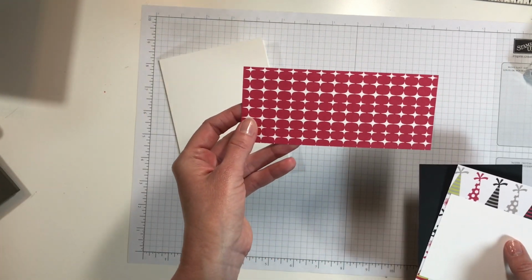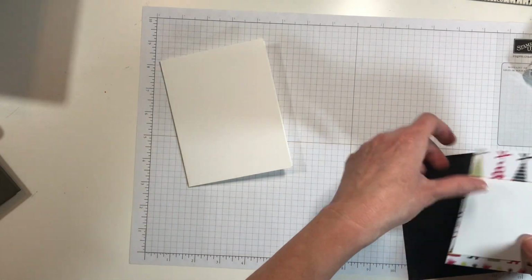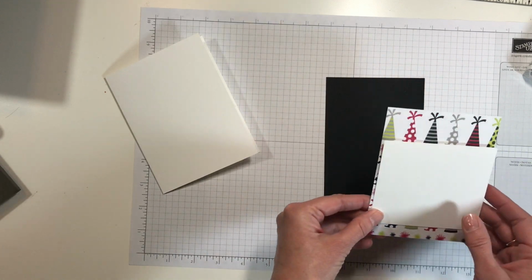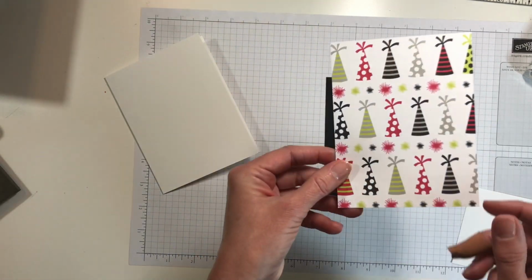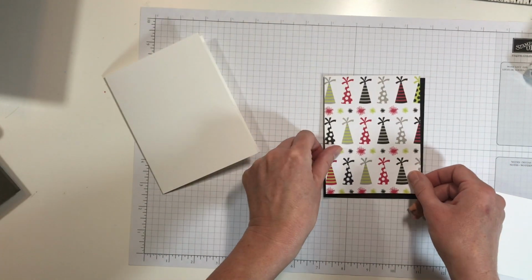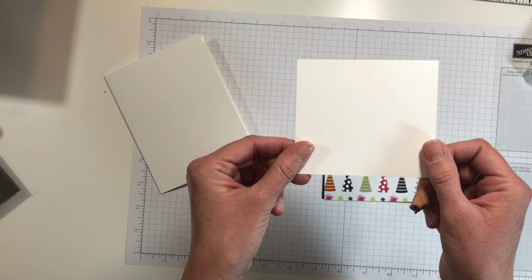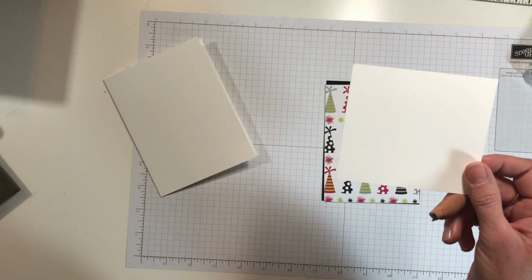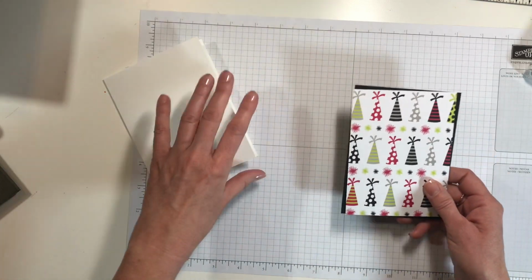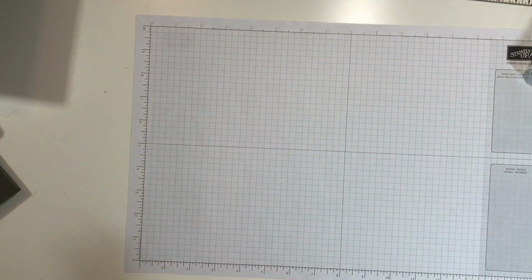I have a piece that's 2.5 by 6, but that's going to go on our envelope later. I have a piece of Basic Black. I have this really cute birthday hat designer series paper from Broadway Bound. And then I just have a scrap of Whisper White, and we're going to be using our Stampin' Trimmer to cut that. All right, so I'm going to set these aside because we'll layer those up, and I'm going to grab,